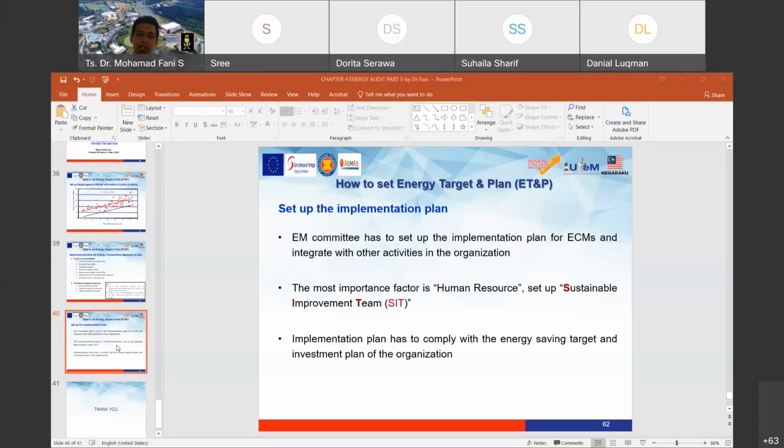So how to set the energy target and plan, and set up the implementation plan and the EM committee. Very important, the energy management committee. If the organization or the factory or the building has its energy committee. In UTM, we have two layers of the energy committee, and the first one is chaired by our VC. So it is important to have the energy committee,